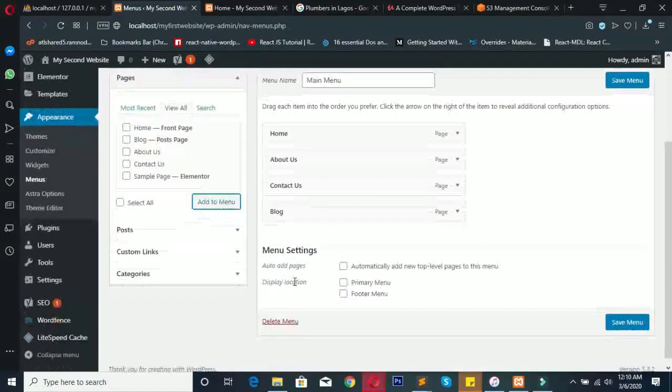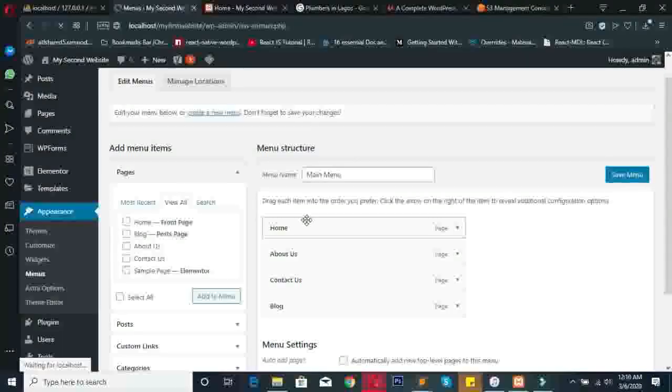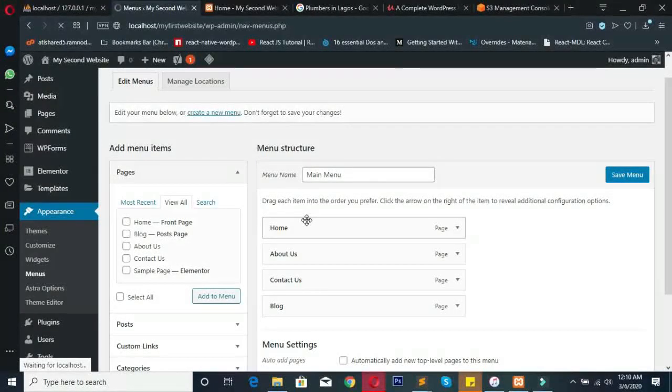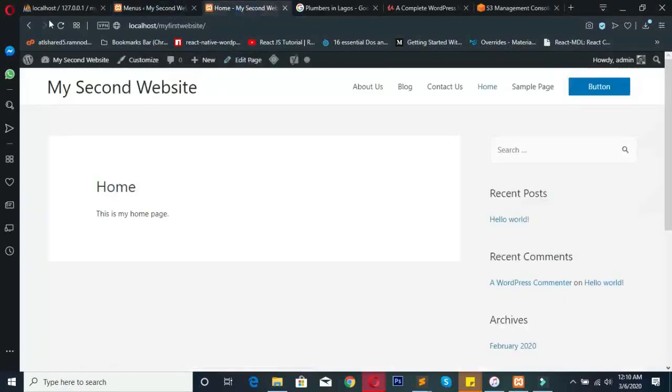Okay, once I'm done, I will come here and say display location, where do I want this menu to display? I want it to display on the primary menu of the website. So I'm just going to click on primary menu and then I will click on save menu. So now I've created the menu and I've assigned the items to the menu. So let's go to the website to see what we've done. Click on refresh